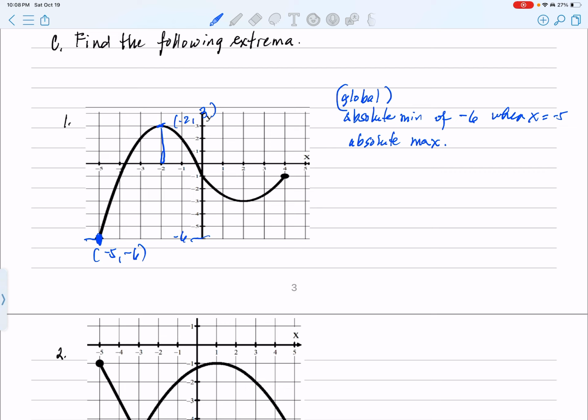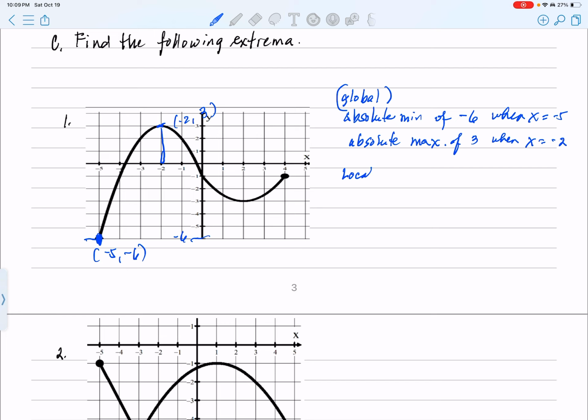Okay, maximum of what? Positive 3 when x is at -2, or (-2, 3). That's one maximum. How about the relative,